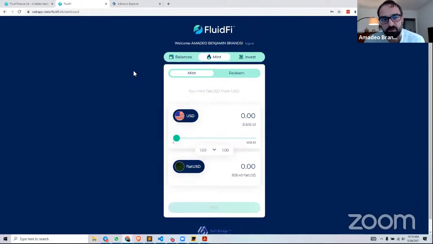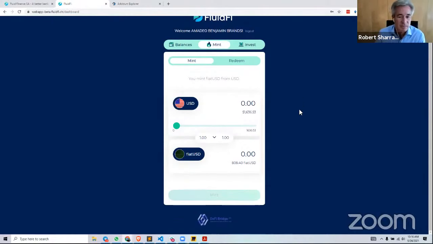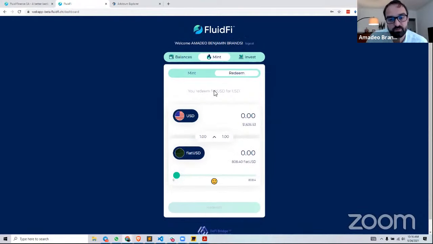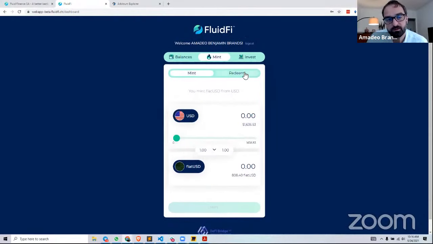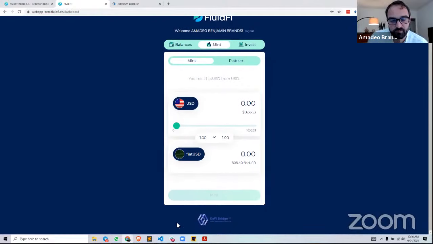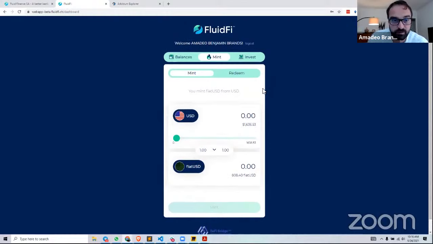Something else that I think is really cool to say is that with the DeFi bridge DAO, of course now we have Fluid Finance, and Fluid Finance will give you all the possibilities, whatever you want to do here. But this structure of the minting and the redemption process, we put that into a DAO, and also other banks will be able to integrate this as well. And I think that is the real kicker here, and this is going to be the real hockey stick moment also for the DeFi bridge DAO tokens that we're working on, and the FluidFi security tokens that we're